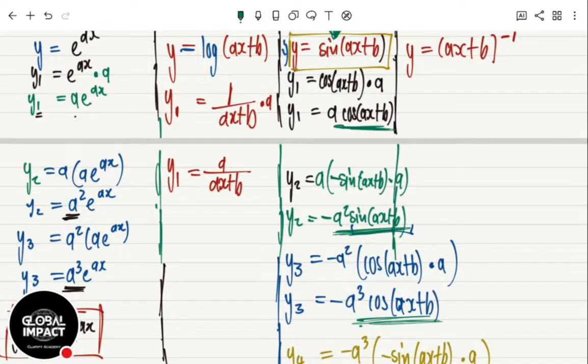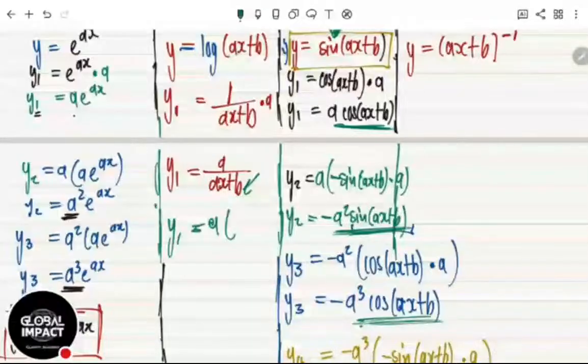Then now you're going to say y2 will be, here you have a over. This is going to be the second derivative. We differentiate. So how do I differentiate when I have a over something like this? I want to differentiate to get y2, so let me rewrite my y prime. Here y1 is just a number, a, over ax plus b. So we will change the ax plus b. It is in the denominator, right? Give me a sec.